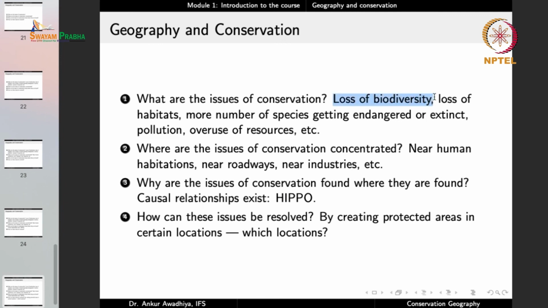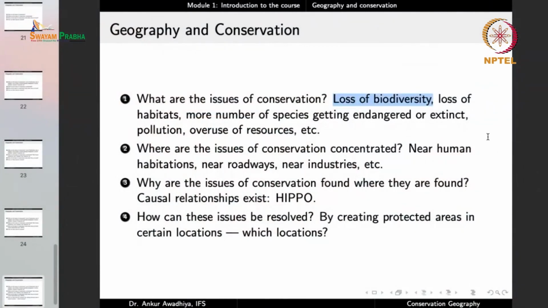When we know that there is a large amount of loss of biodiversity and loss of habitats, we can create protected areas. That is, we can set up areas like national parks, wildlife sanctuaries, conservation reserves or community reserves. These are areas where the habitats are protected and conserved for the wild animals. So the wild animals are able to live in these areas, and we ensure that the biodiversity is not completely lost. There are at least some habitats that are getting conserved.